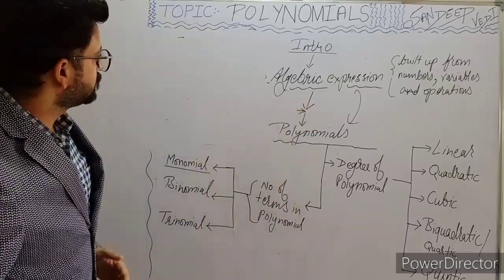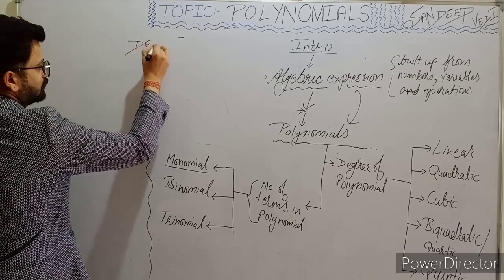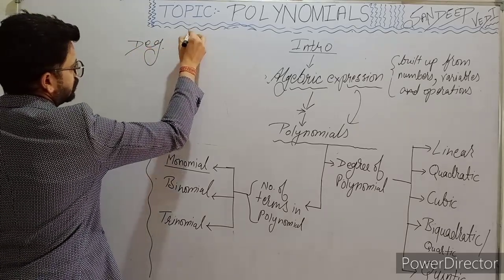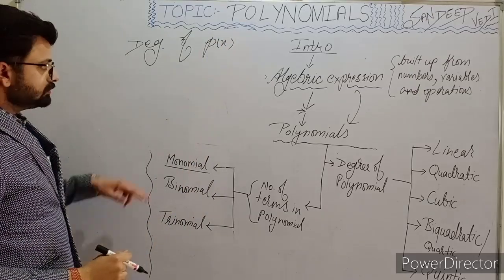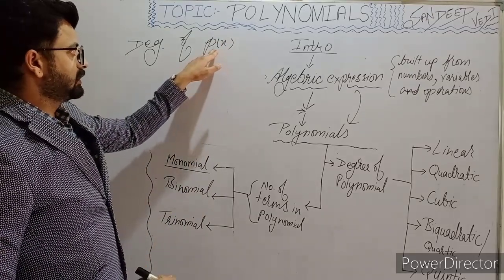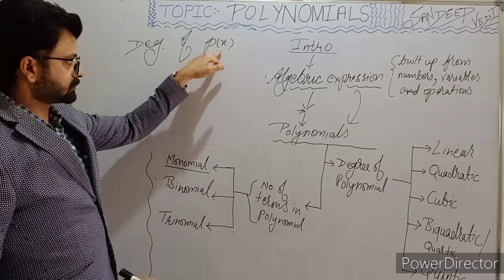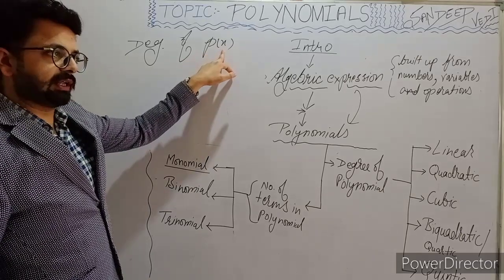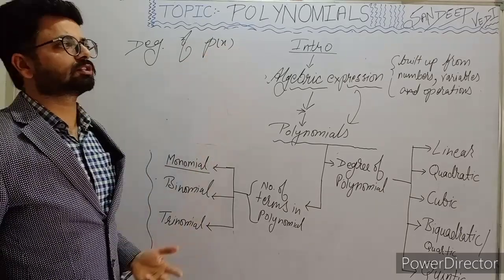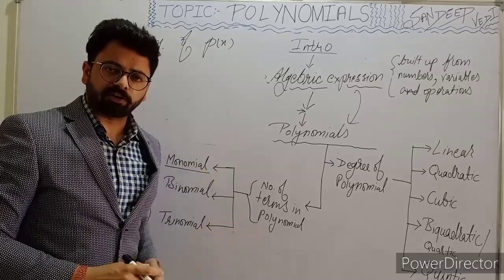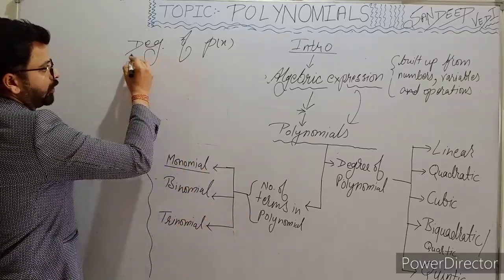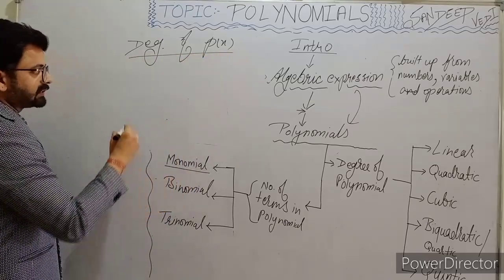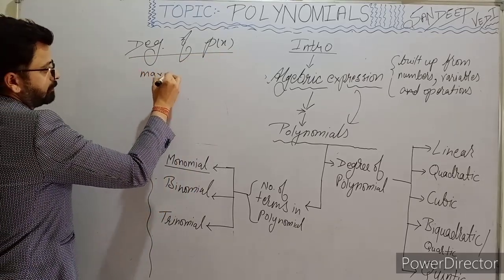So our next topic is the degree of a polynomial. A polynomial is denoted by p(x). P is for the polynomial, x is the variable, in a single variable. In double variables we can also take x and y, and in triple variables also, it is our choice. So the degree of a polynomial, what is it? It is the maximum power